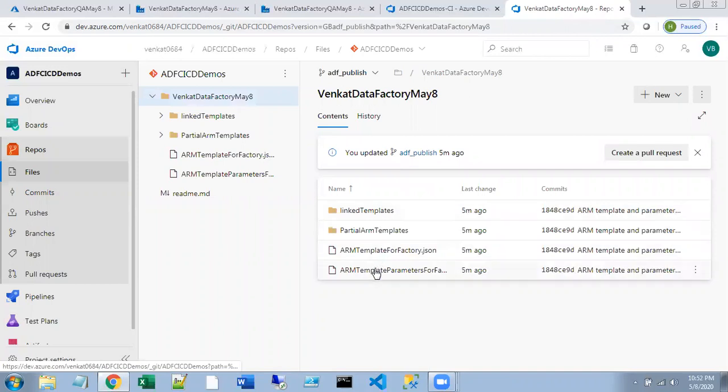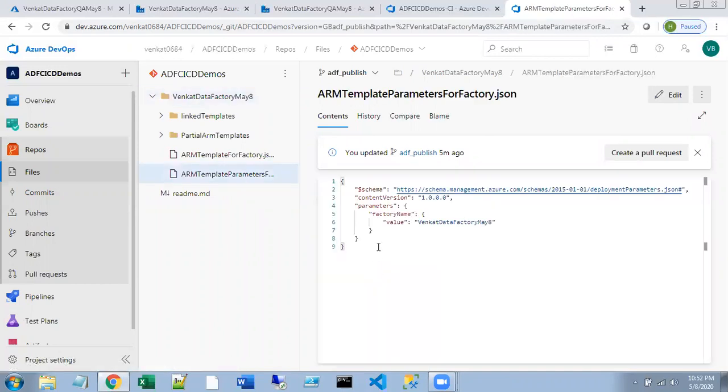You see template parameters, right? So here I have a parameter called factory name. This is the data factory name that we have to mention, whatever we have in the QA resource group. This is the data factory name, right? So you can replace the name here.